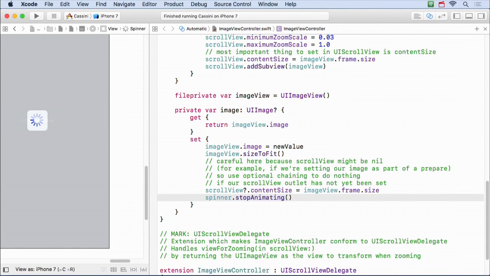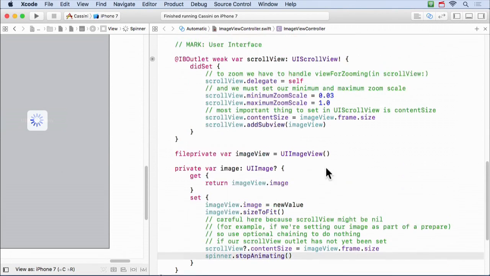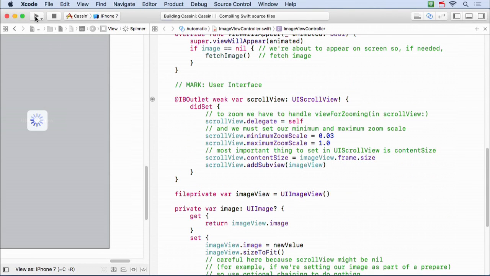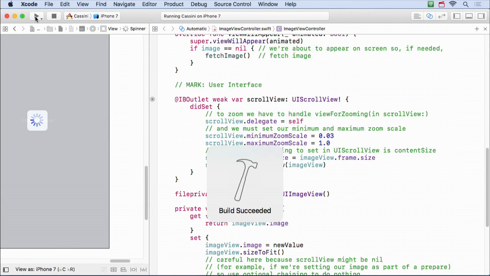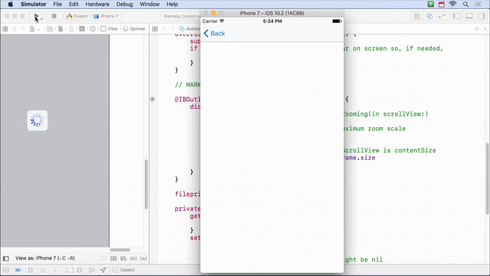Because it would make no sense if the image was there and the thing was animating, right? That would never make sense for an image to be showing and it's animating at the same time. Because animating this thing means I'm waiting for an image. Got it? So that's it. That's all you have to do these spinners. They're super, super simple. They only make sense when you're doing things in other threads, the spinner. Okay? Because if you're not doing something in another thread, then why would you?